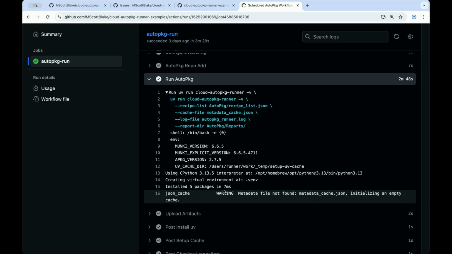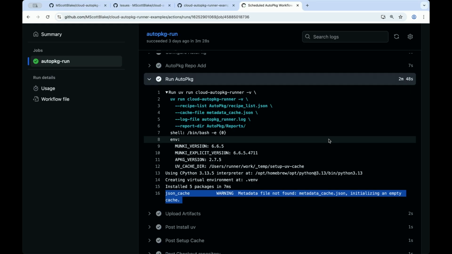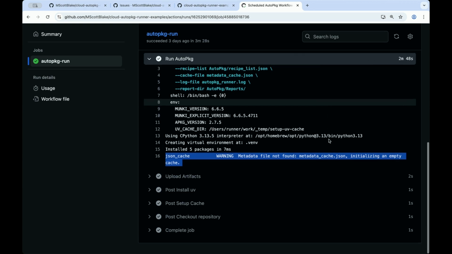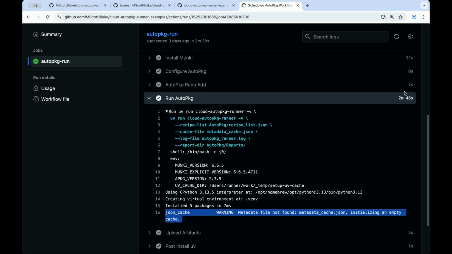But you can see that with 1 level of verbosity, you start seeing warnings. And this is a warning because the cache file didn't already exist, which might be something that you were expecting. So it's a warning and not just info. It didn't do anything else though, but it ran in 2 minutes 48 seconds to do that full run on a hosted macOS GitHub runner. 6.5 gigs of data. 13 recipes is a little small for most of what you're seeing. So you could probably expect this to run in about 5 minutes for most of your environments. And again, this is without any caching data whatsoever.